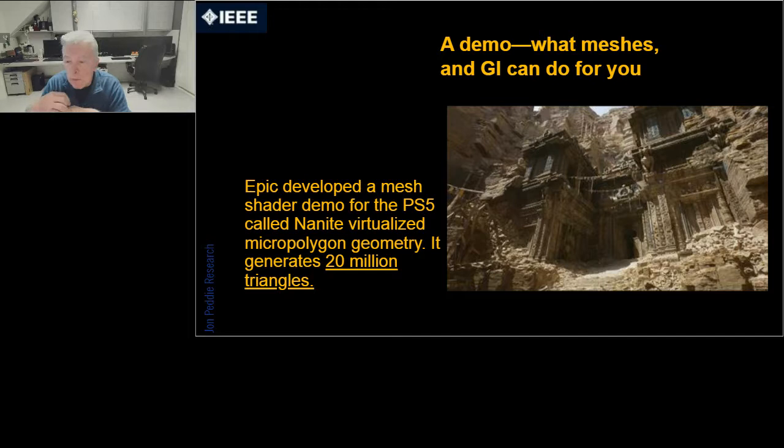Epic, who makes Unreal game engine and Fortnite and a few other things, built this demo, and they explain it, and I'm going to let them explain it because they do a very nice job of it. It reminded me the first time I saw this of Tomb Raider. I don't know if any of you have ever played that game or looked at it, but it has a lot of the qualities of that in terms of the caverns and the ancient old buildings like this and so forth. So it's just a really enjoyable video. I've seen it probably 100 times now.